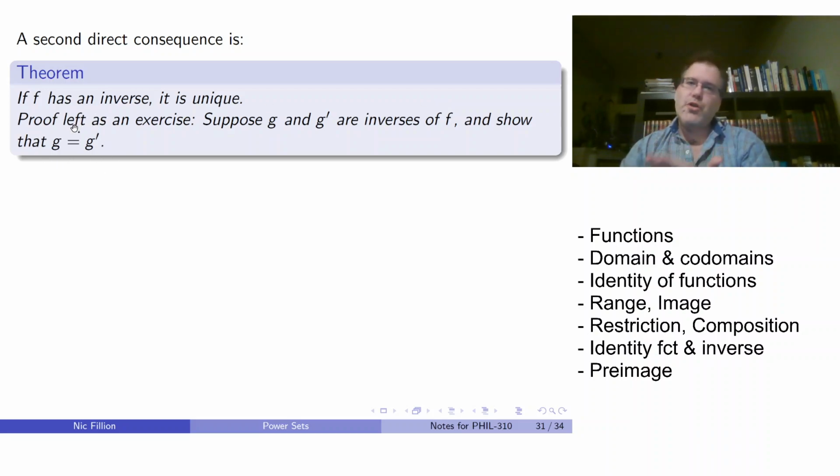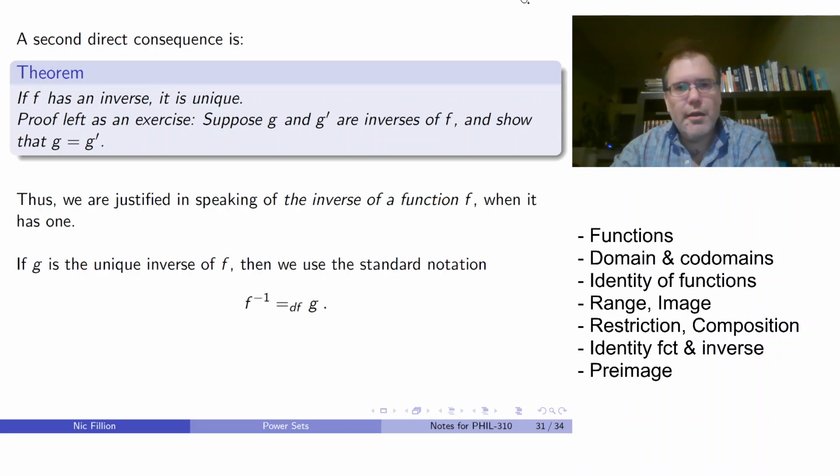And for that, you're going to use the definition of function identity. And you're going to see it's a very simple, very short proof. But again, I encourage you to do it just as a sort of way of playing with your definitions to become more comfortable with them. And because of that theorem, now we're justified in speaking in the way I instinctively did when I turned to the topic of inverses,